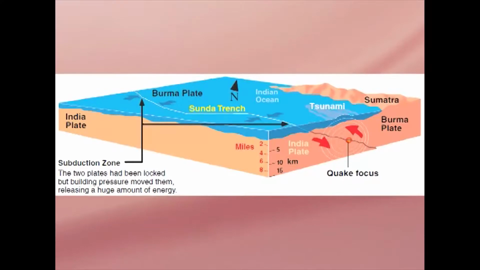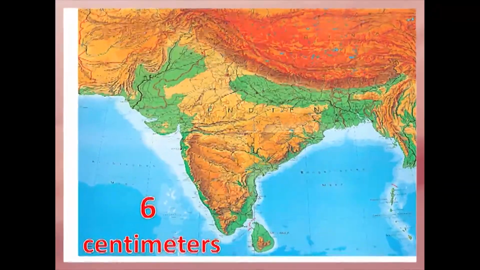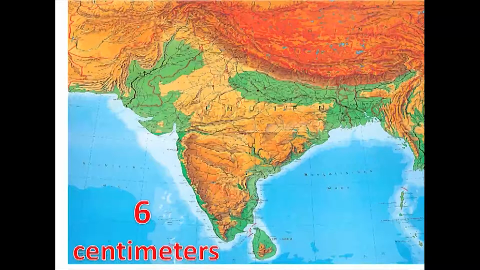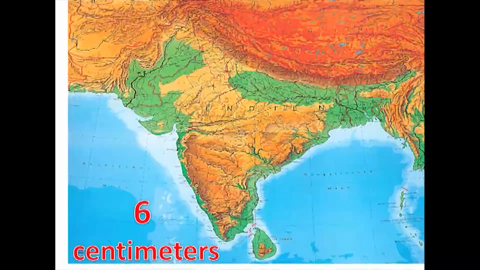An estimated 1,600 kilometers, which is 1,000 miles, of fault surface slipped or ruptured about 15 meters, that is 50 feet, along the subduction zone where the Indian plate slides under the overriding Burma plate. The Indian plate is part of the Great Indo-Australian Plate, which underlies the Indian Ocean and Bay of Bengal and is drifting northeast at an average of 6 centimeters per year, that is 2.4 inches per year.